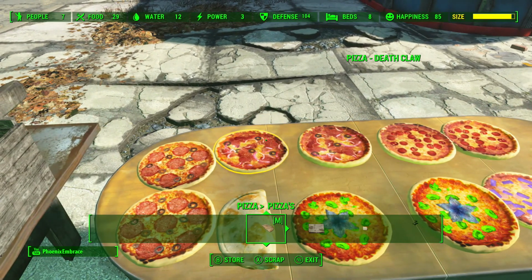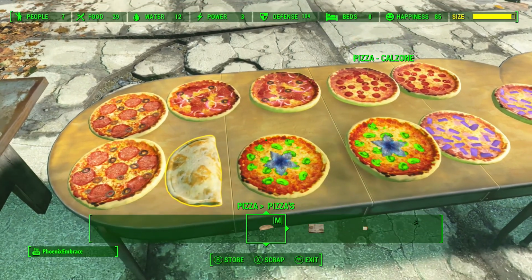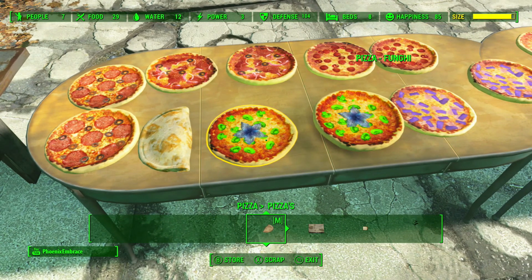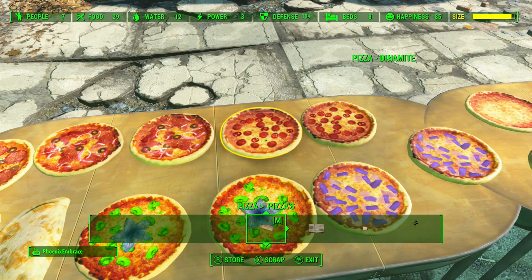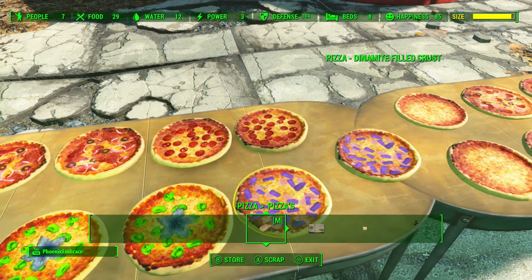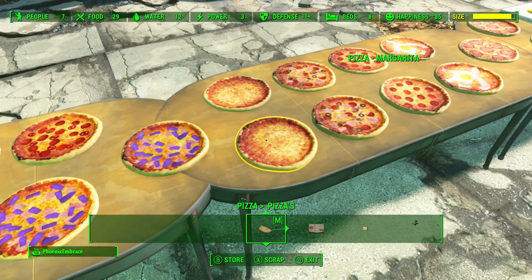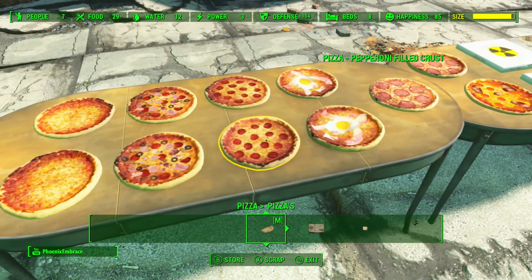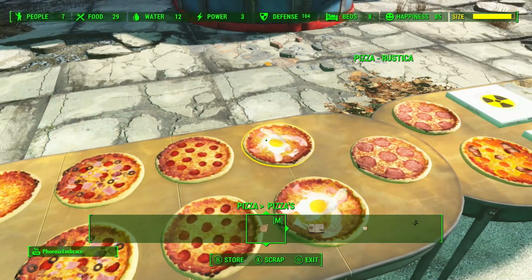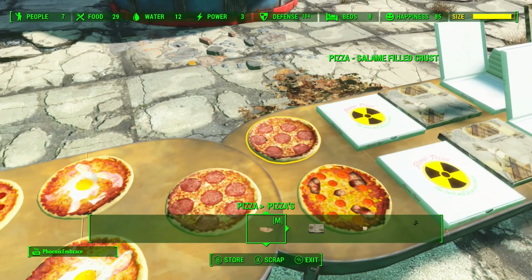You got your calzone, Deathclaw thin crust, Deathclaw filled crust, Fungi, that's the filled crust one. So there's 2 versions of each one. There's going to be a filled crust and a thin crust. Dynamite, Hawaii, Margarita, Meat Lovers, Pepperoni, Rustica, Salami,